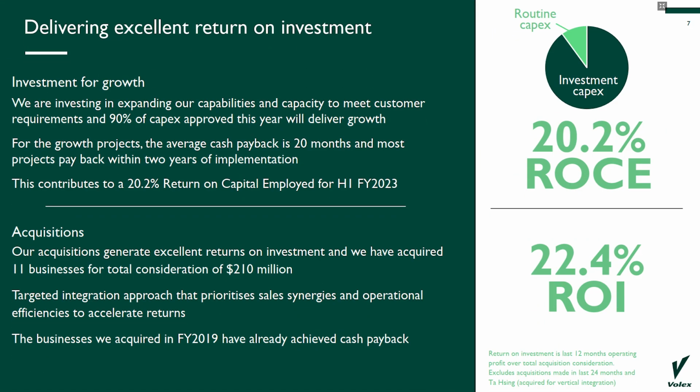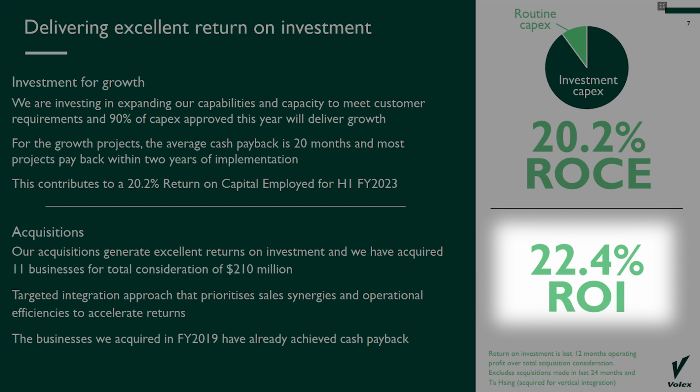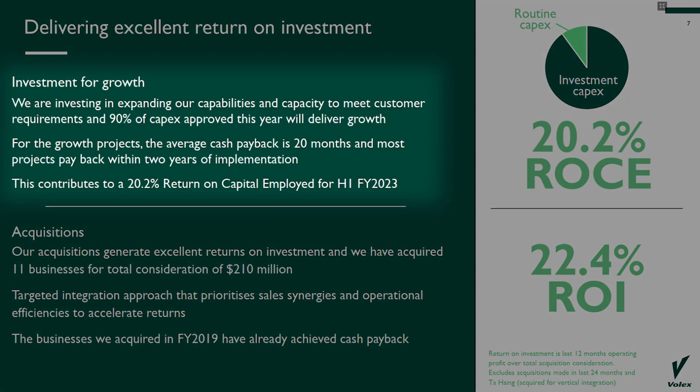So this is slide 7 of the first half financial year 2023, and they're saying that the return on investments now hit 22%, and the return on capital employed at about 20%. These numbers are really strong. It shows that the acquisitions they're making are generating excellent returns. And not only the acquisitions are getting good returns, the investments that they're making internally as well have strong return numbers too. So everything's looking really good here from Volex, and it's a big difference to where they were 5